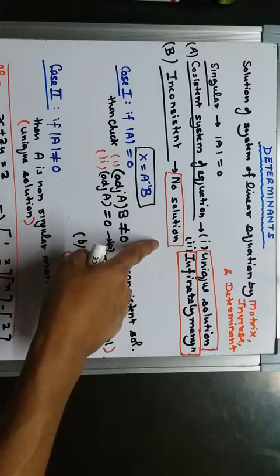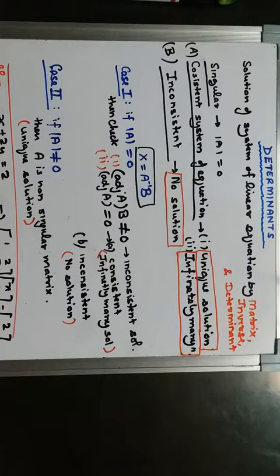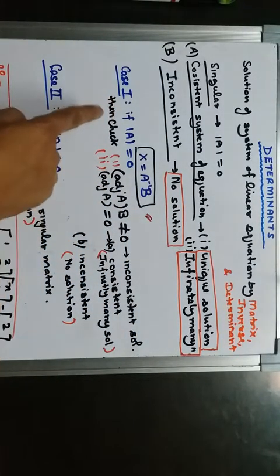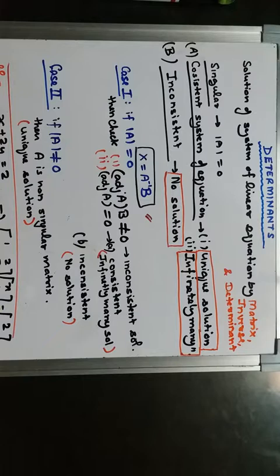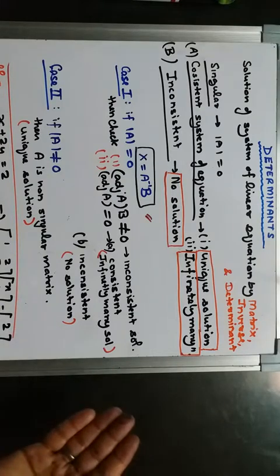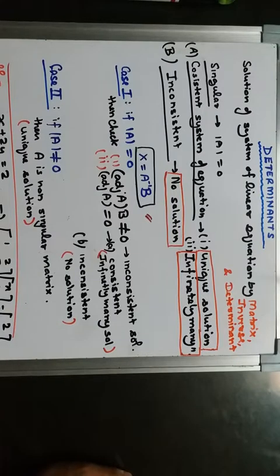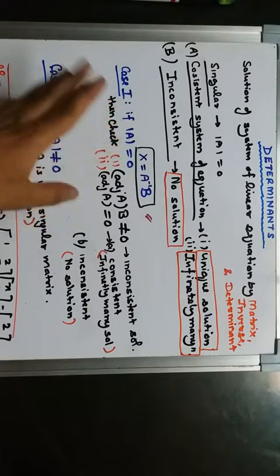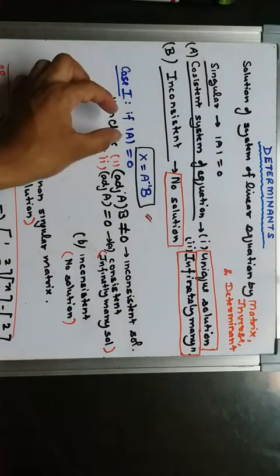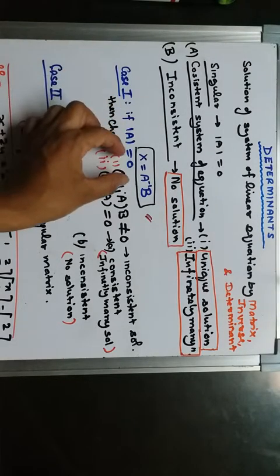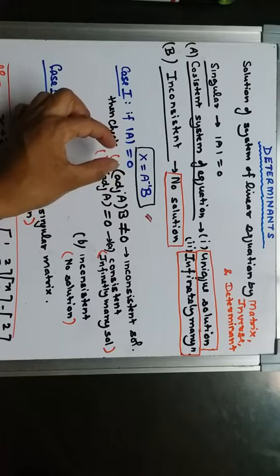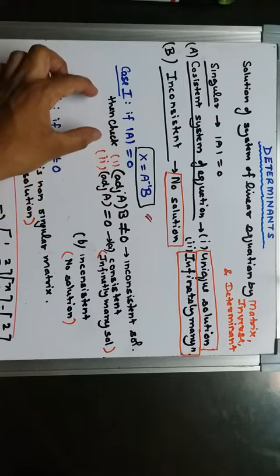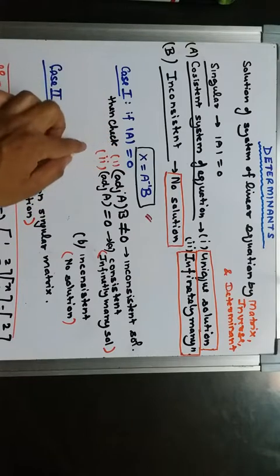So now let us discuss case 1. There are two cases. When three equations are given, like 2x plus 3y equals 4z, x plus 2y plus 3z equals 5, take out the value of the determinant. We know how to find the determinant, which we discussed in the first exercise. If the value of the determinant comes out equal to 0, then we have to check two cases.